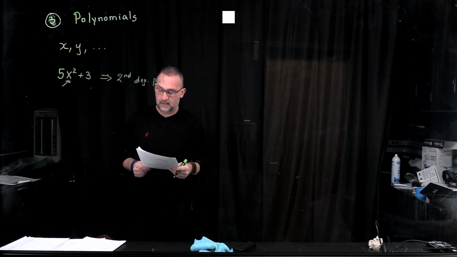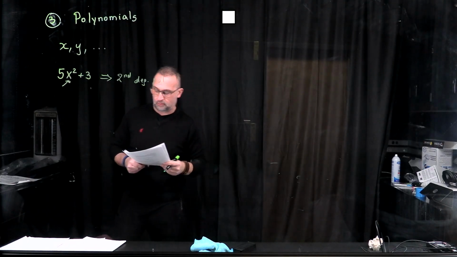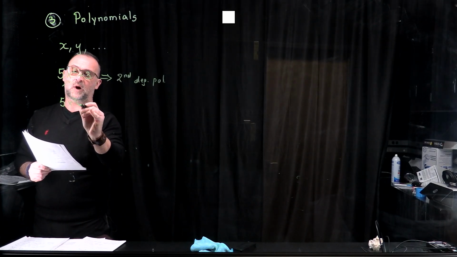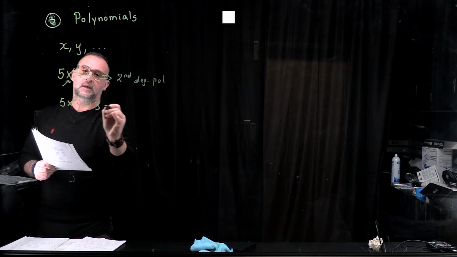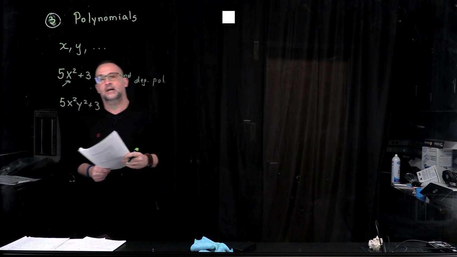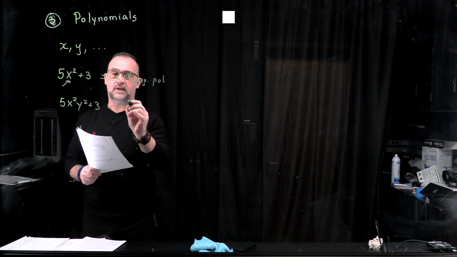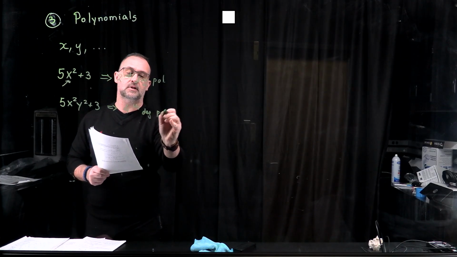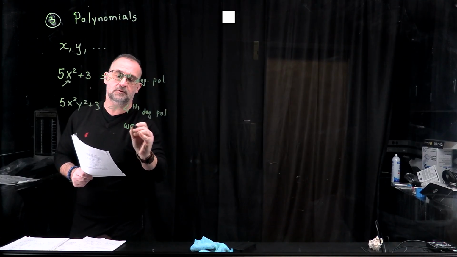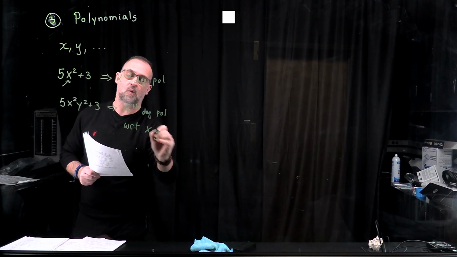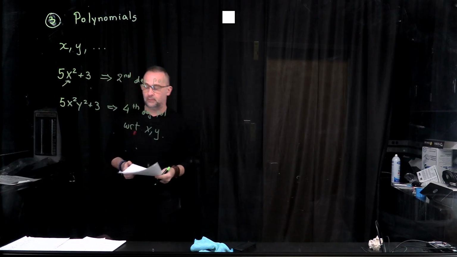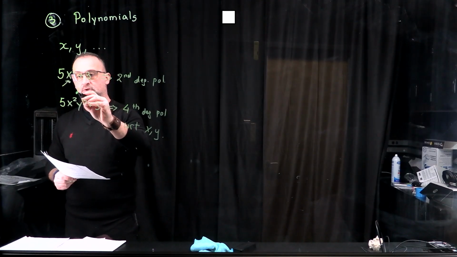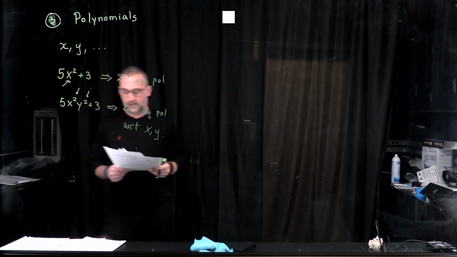Of course, we can have a more complex form such as, say, 5x squared y squared plus 3. In this particular case, it is not a second degree, but it is a fourth degree polynomial with respect to x and y. Of course, we can have more, z and so forth, but we need to pay attention to the highest exponent